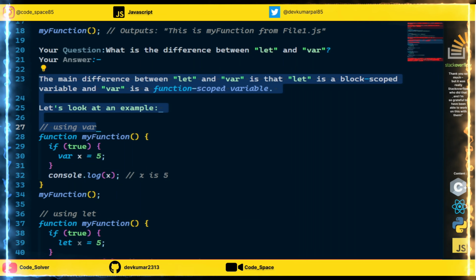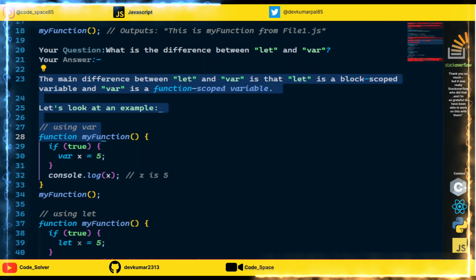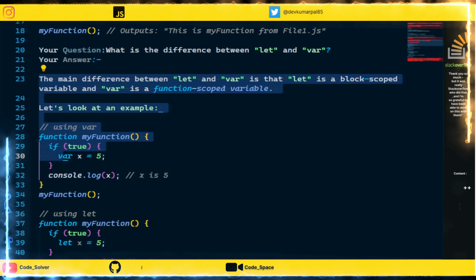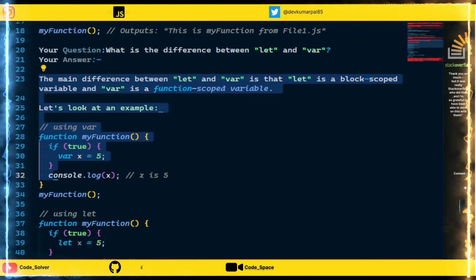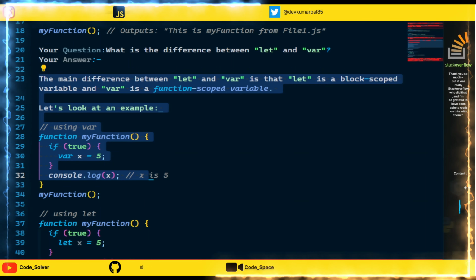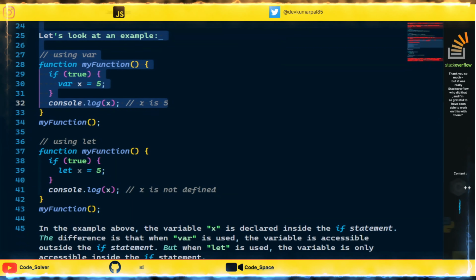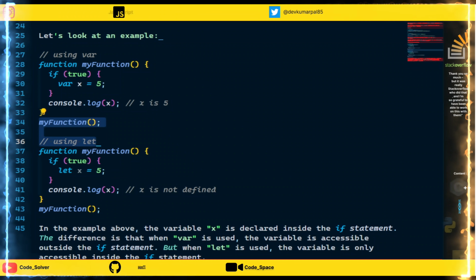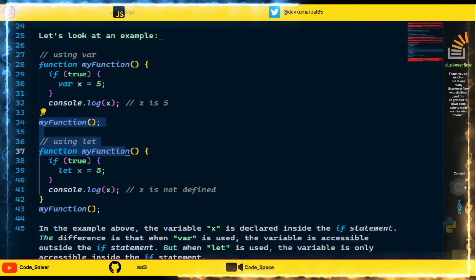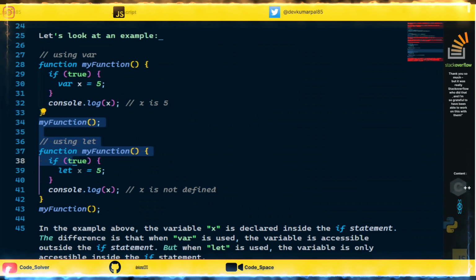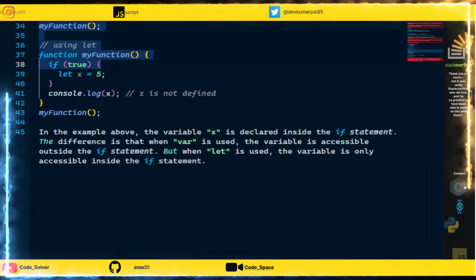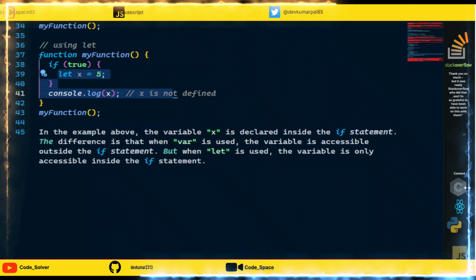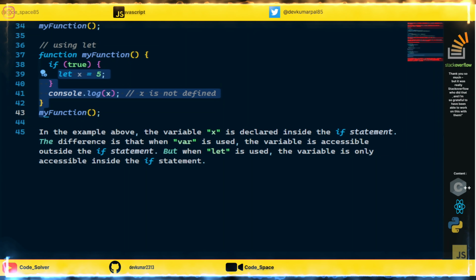// using var: function myFunction() { if (true) { var x = 5; } console.log(x); // x is 5 } myFunction(); // using let: function myFunction() { if (true) { let x = 5; } console.log(x); // x is not defined }